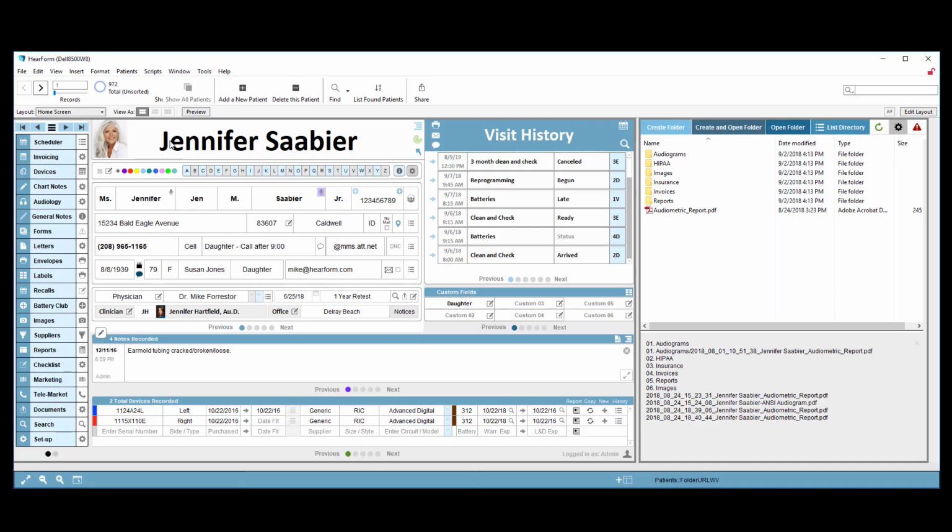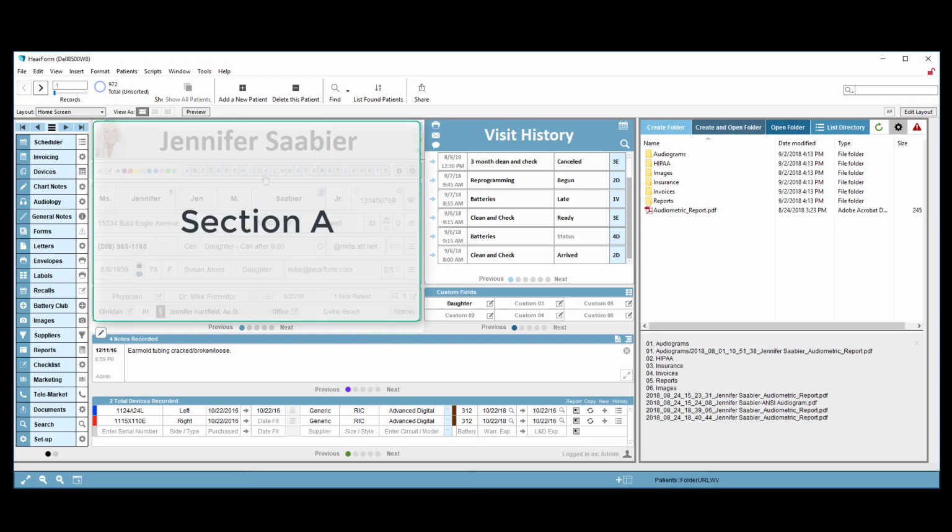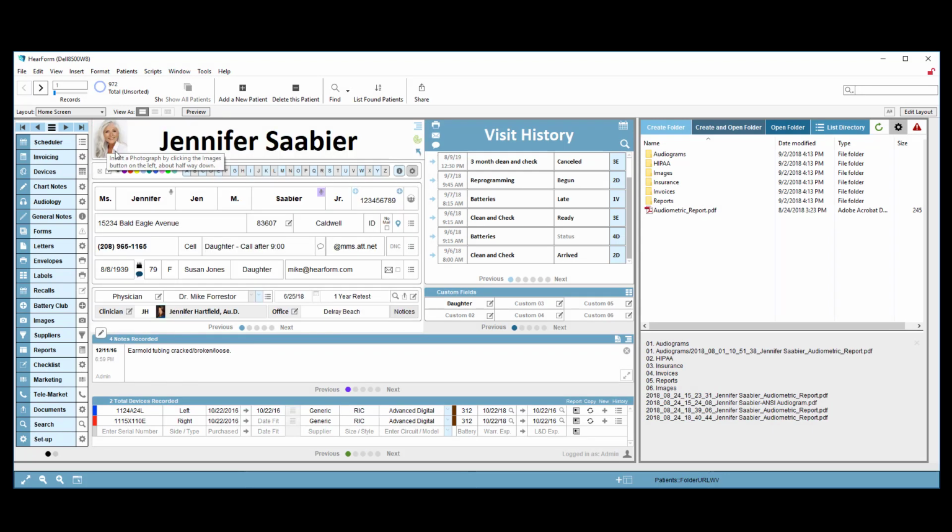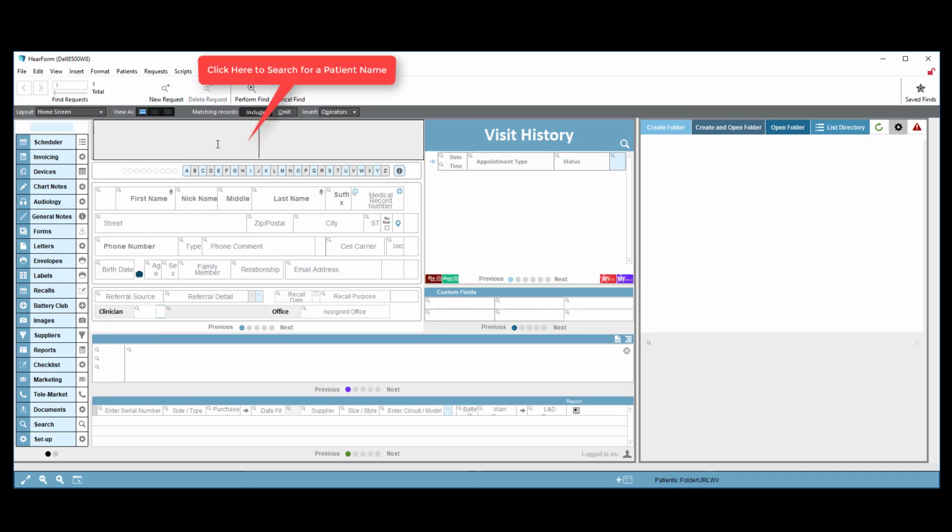So let's start talking about this section right here. We'll call that section A. Section A allows us to put a photograph of the patient. Their first name and last name is combined up here, and that just takes whatever is in the first name field here and the last name here. So that's just a nice area where I can click on that area, and as you'll see in subsequent videos,